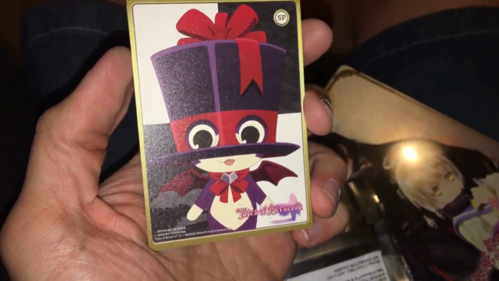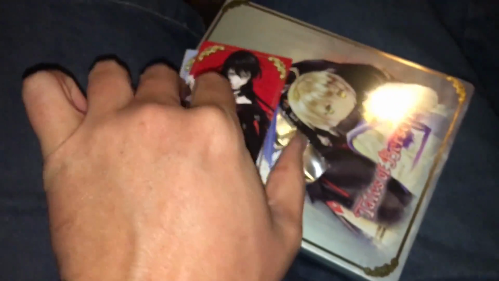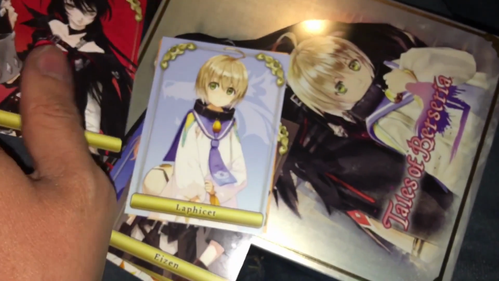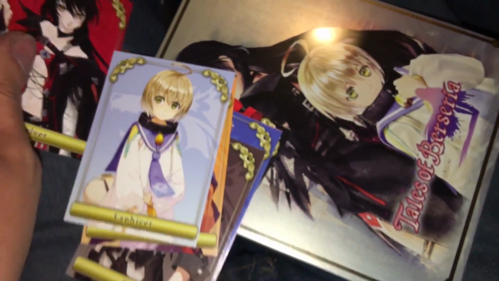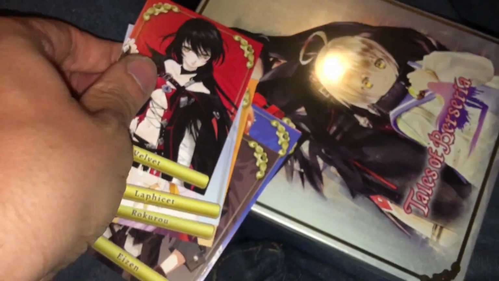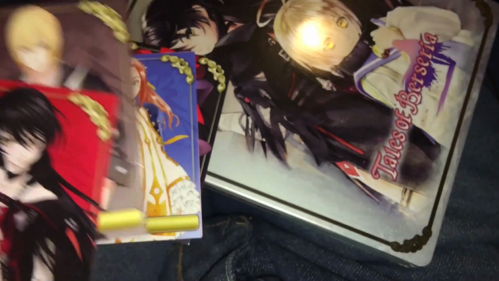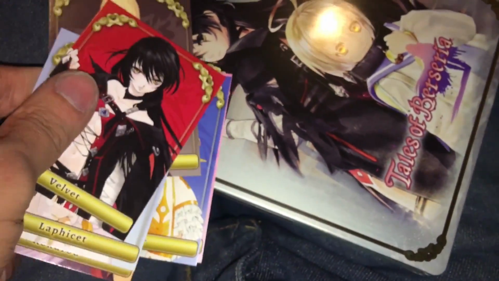And these are the cards as they are facing upwards, but we're going to flip them around and read the names. Velvet. I don't know if I can do this with one hand. Go away. Velvet. Laphicet. Okay, so I did have it right. Rokaru. Aizen. Eleanor. And,